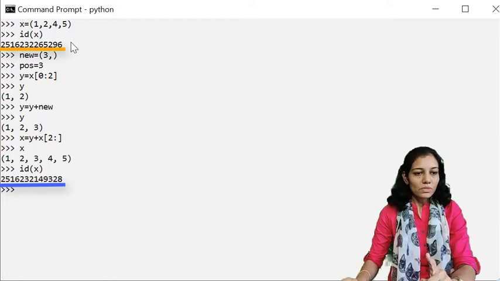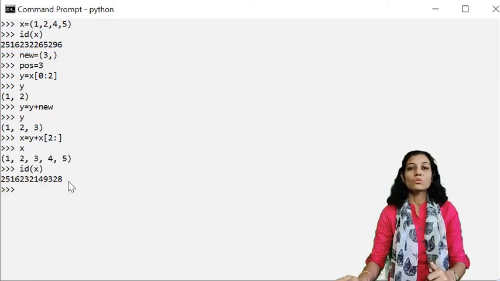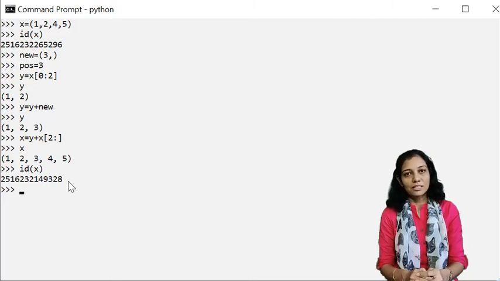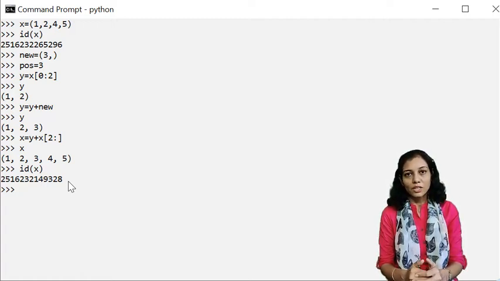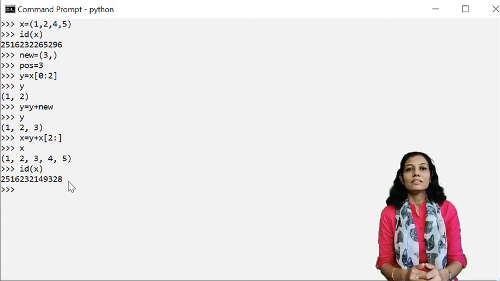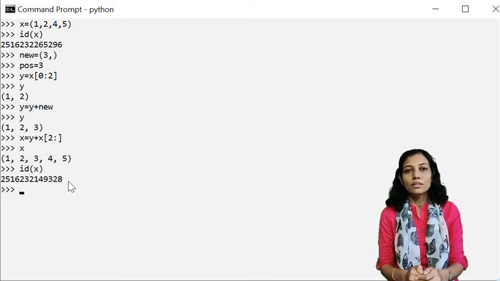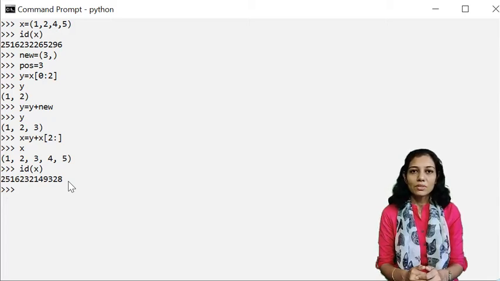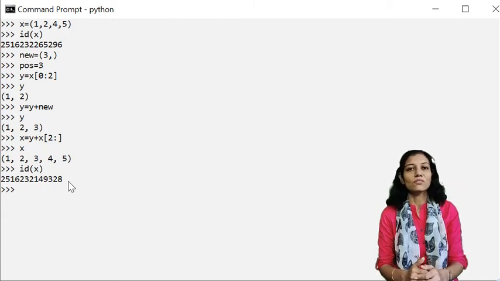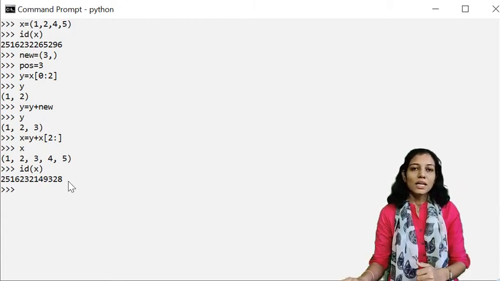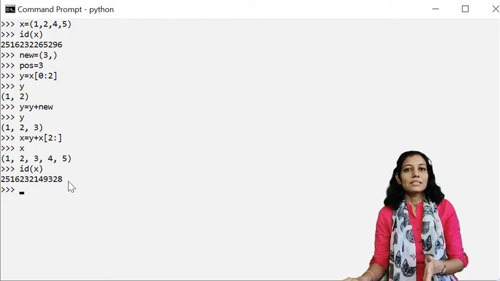So now closely observe this, which is the memory address of x, and this is the memory address of x. Okay, so we have not edited the original tuple. We have created a new tuple, but the name is the same. So you need to keep this very clearly in mind, that the original tuple cannot be altered, but we have kept the name the same, so it is an illusion that we have changed or edited items of the tuple. So now we will see how to modify an existing element.